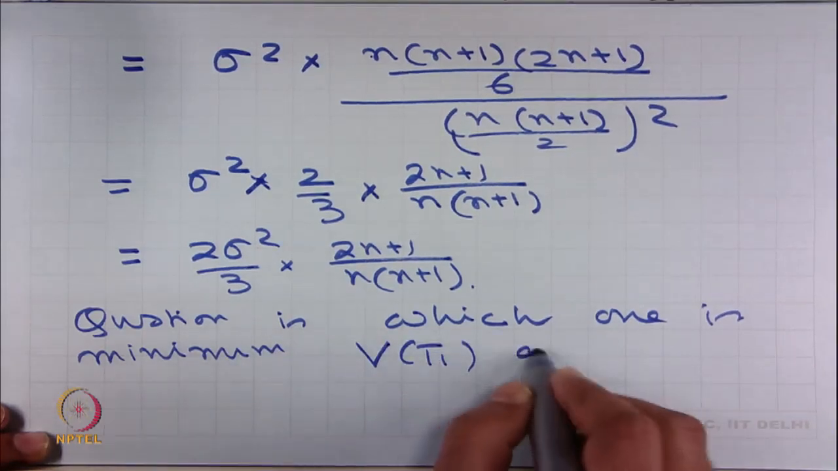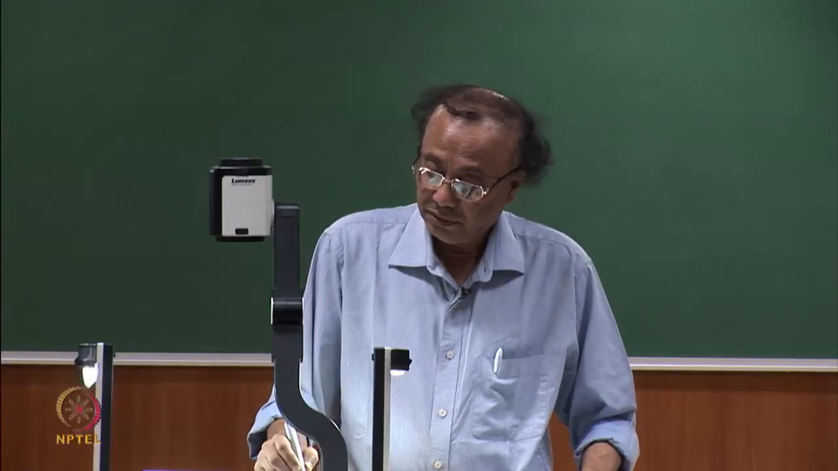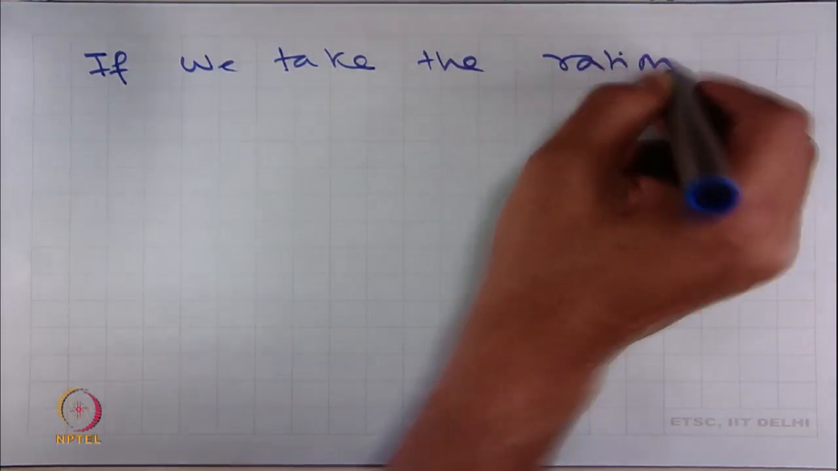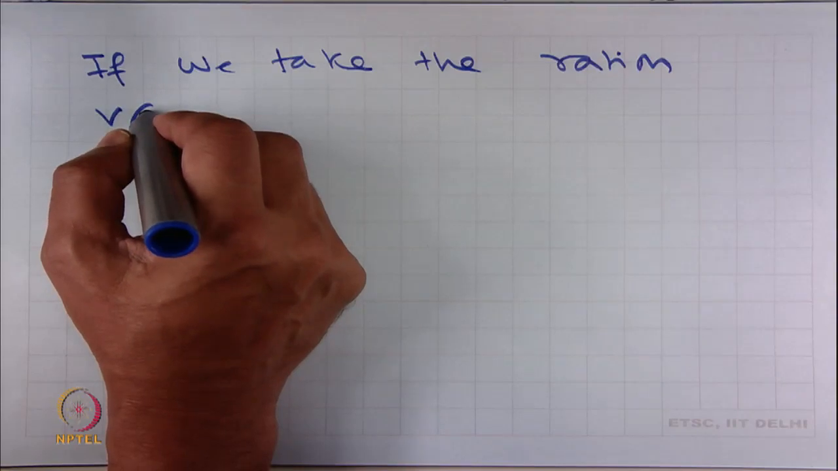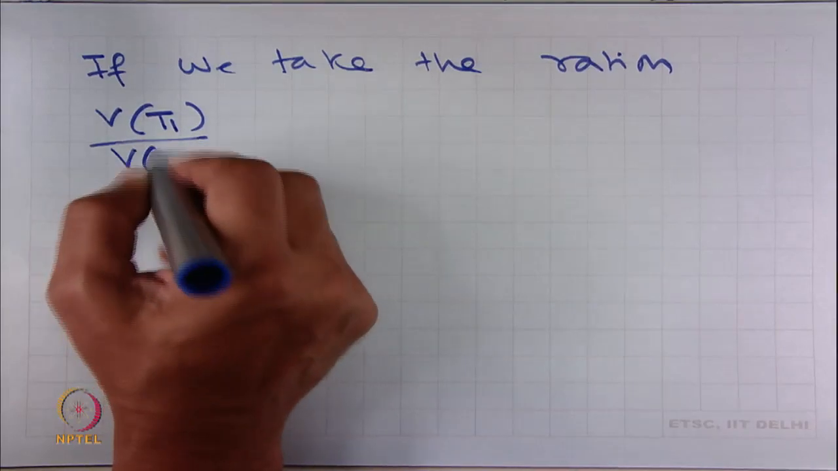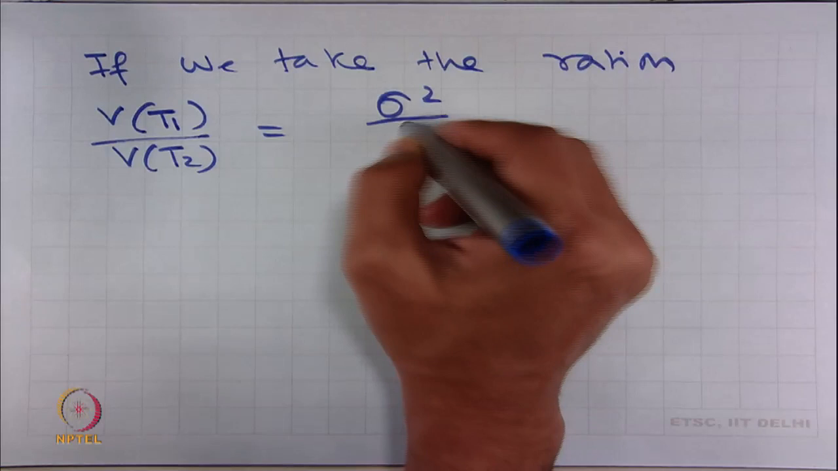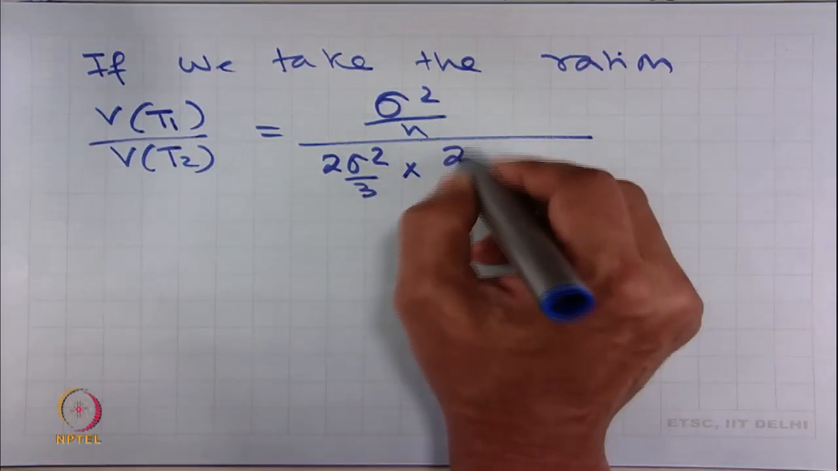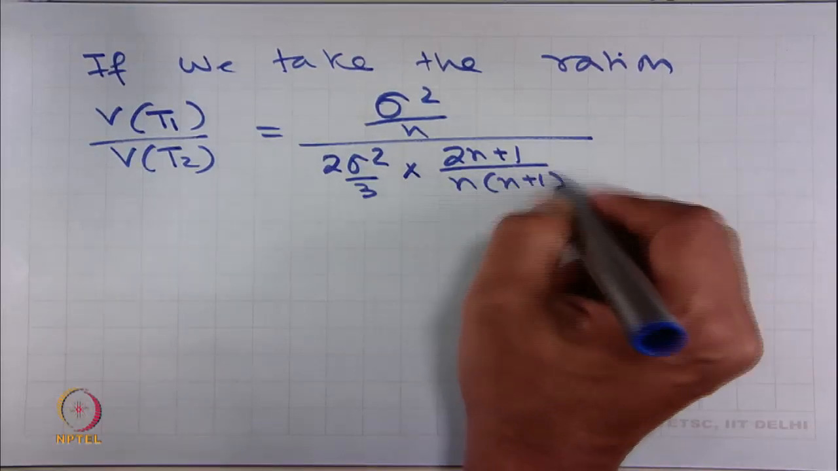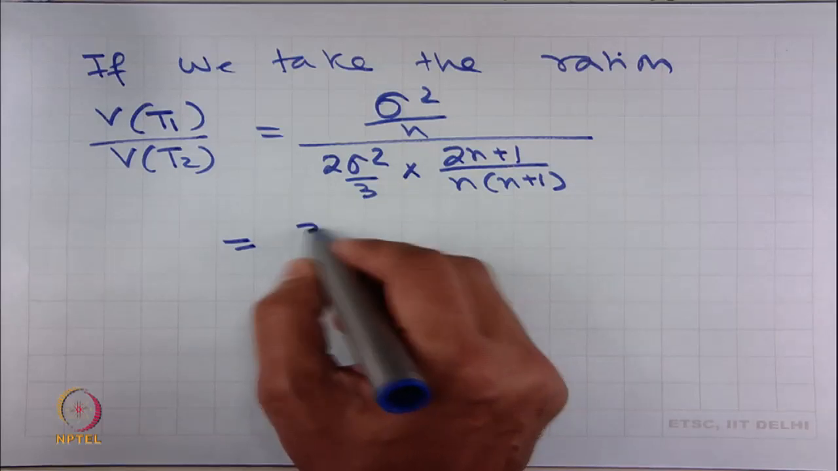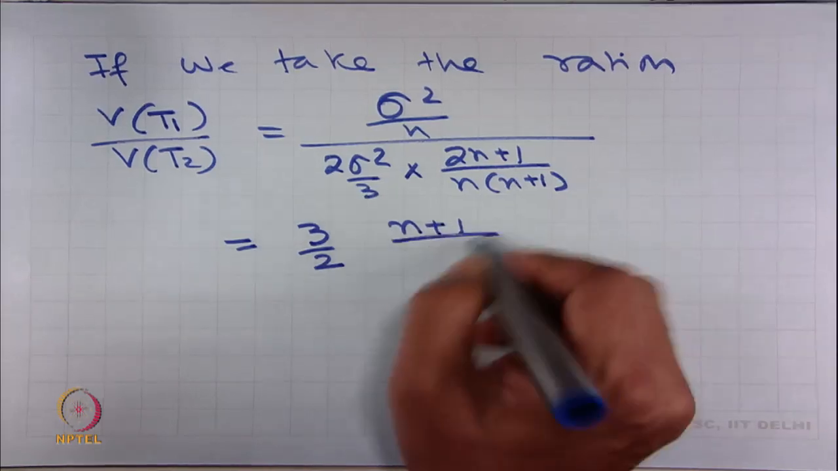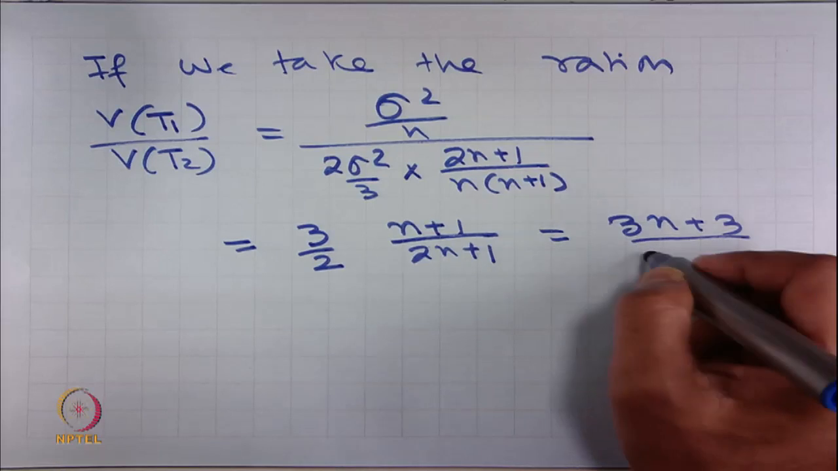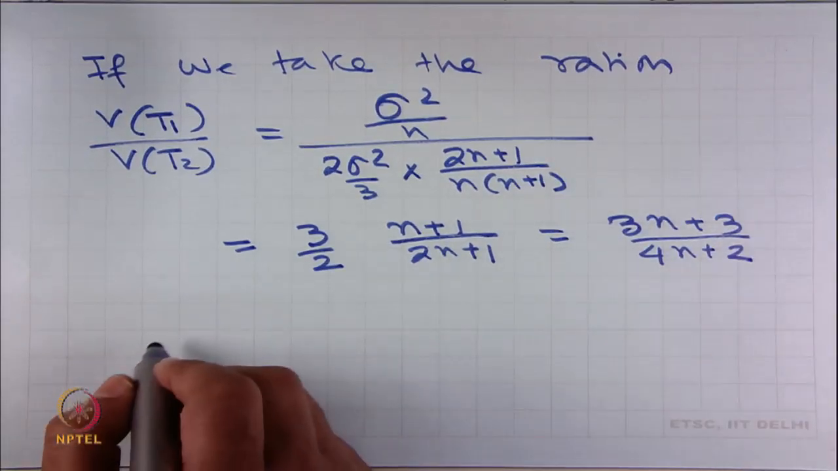Variance of T1 or variance of T2. If we take the ratio, variance of T1 upon variance of T2, this is equal to sigma square by n upon 2 sigma square by 3 into 2n plus 1 upon n into n plus 1, which is equal to 3 by 2 times n plus 1 upon 2n plus 1, which is equal to 3n plus 3 upon 4n plus 2. Therefore,